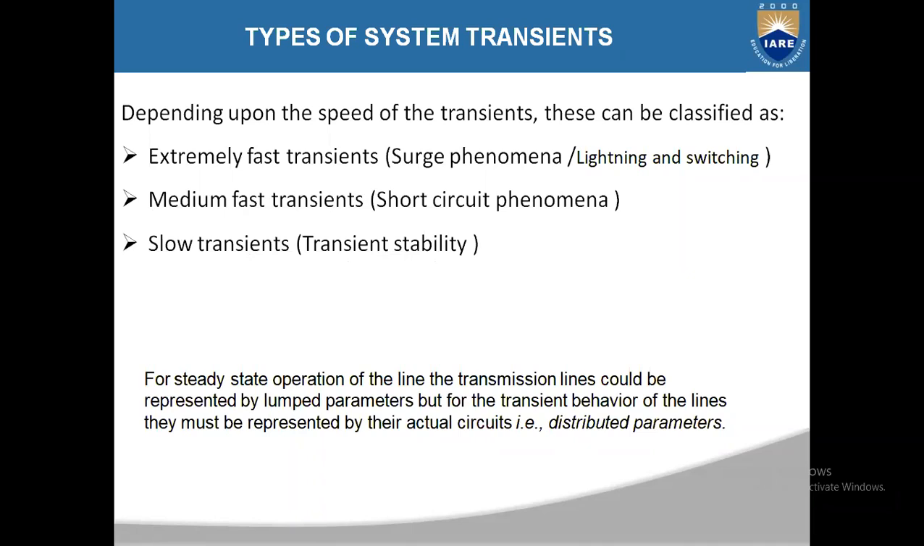So another important point we have to remember here is that for steady state operation of the transmission lines, the transmission lines could be represented by lumped parameters. If you want to observe the steady state behavior of the transmission lines, it could be represented by lumped parameters. But if you want to analyze the transient behavior of transmission lines, then you have to represent the transmission line by their actual circuit elements, which is nothing but distributed parameters. So a transmission line is a distributed network, you know that. So that distributed network, if you want to analyze the